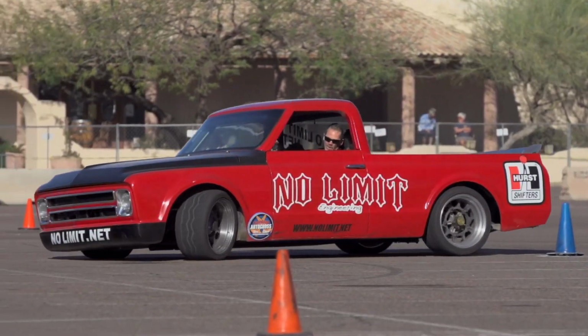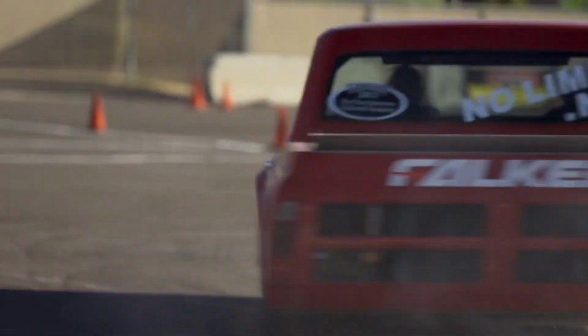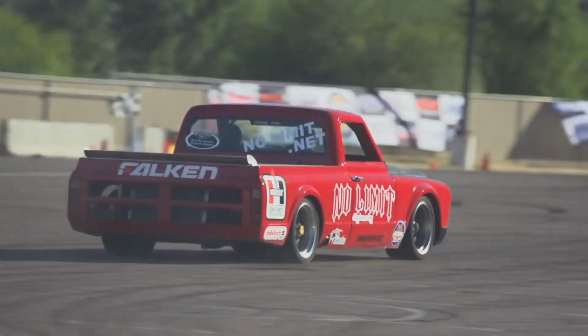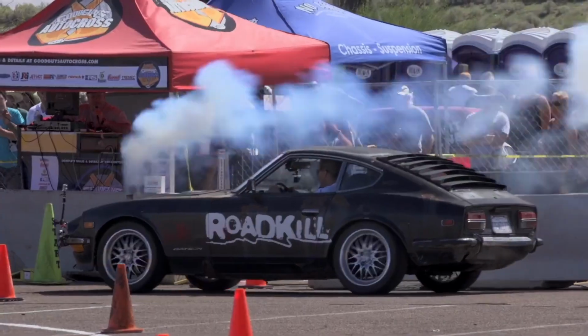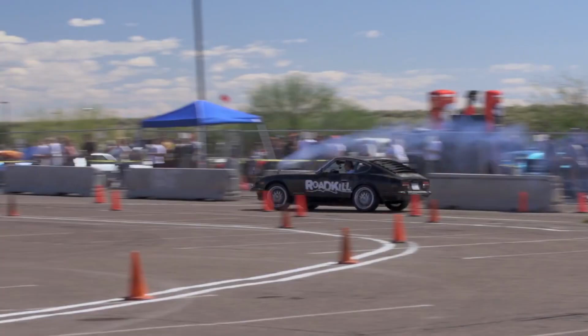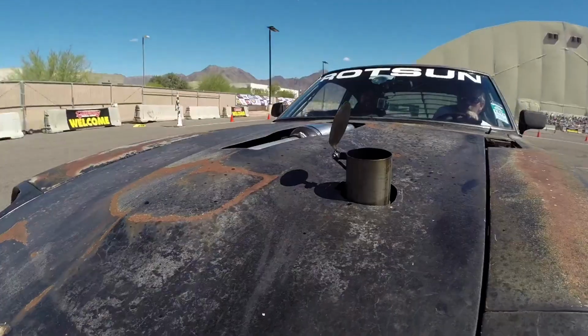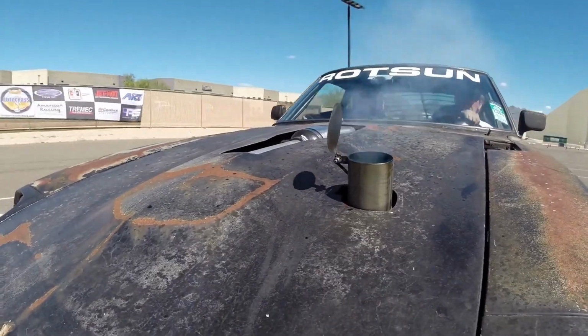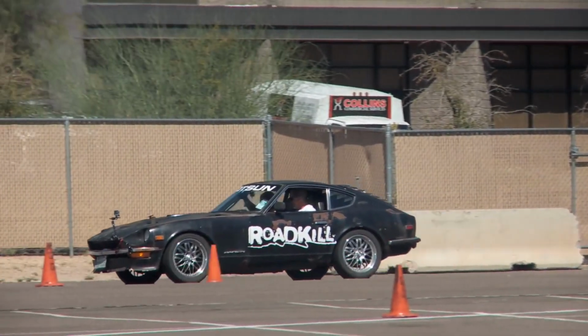Rob McGregor from No Limit Engineering is a guy who builds these really radical handling pickup trucks and who dominates the Good Guys Autocross series. He decided to put his butt in the seat, and he went out there in the Datsun pouring smoke and raw oil because he didn't turn on the scavenge pump for the turbocharger. He laid down a 77-second time, which was pretty competitive with a lot of the muscle cars and late models